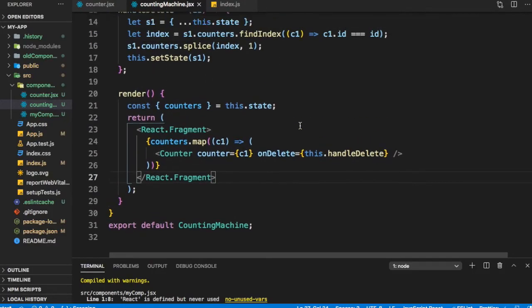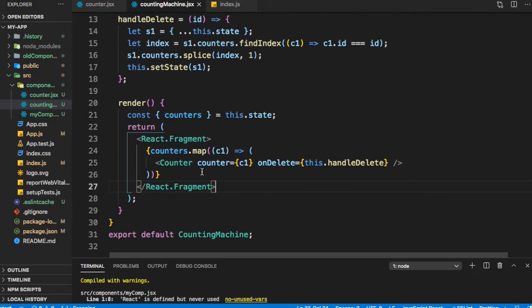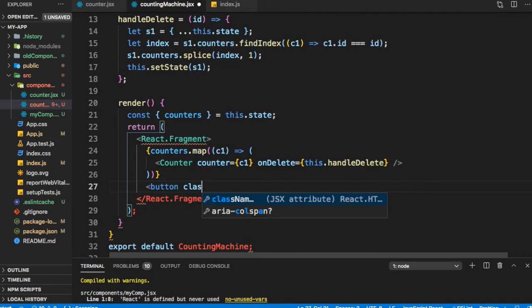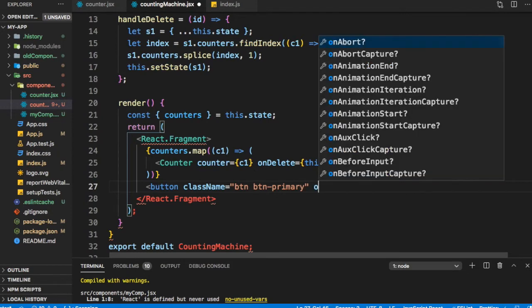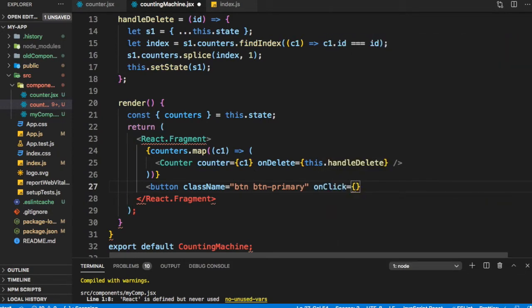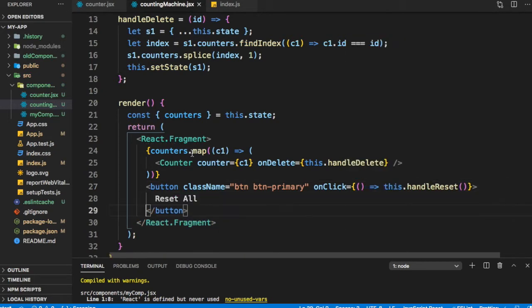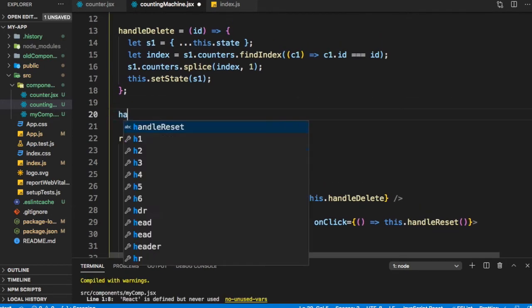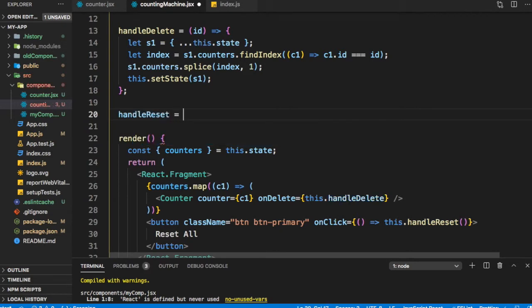So here in our counting machine, we would just add a button. So let's just go and put a button in. So button, className btn, and onClick, let's say this.handleReset, and let's say we call this button Reset All. So let's define this function. handleReset is equal to,